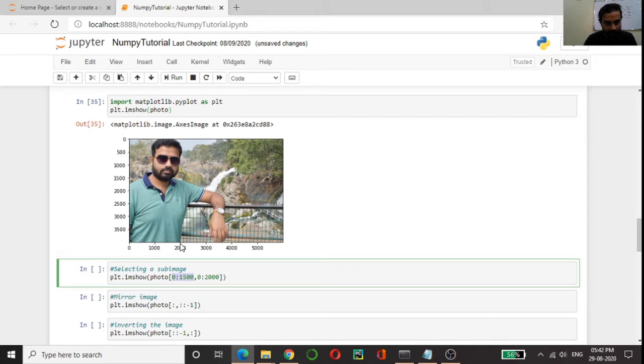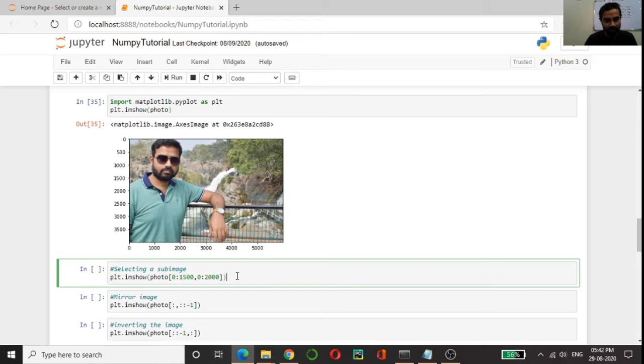So basically I should be getting an image from here up till there, because that is the range of index values which I am passing in my photo.